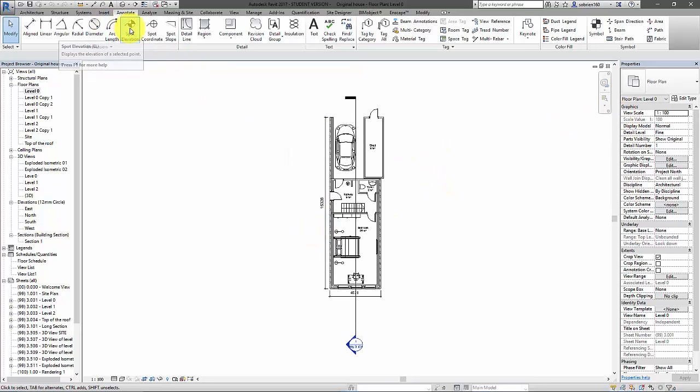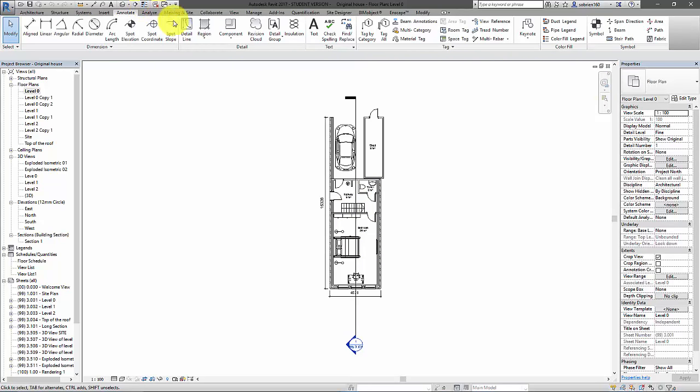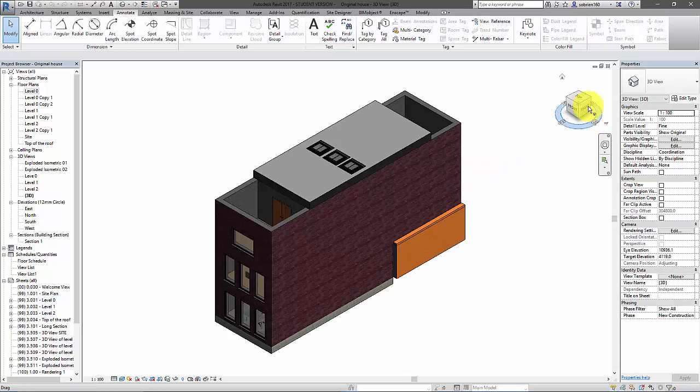Let's try that again. Spot elevation. I don't know if it works inside. It does. It does, yeah. I have problems with it as well. Have you? Okay. Maybe that's the new version of Revit or something. But it seems like you have. Yeah,